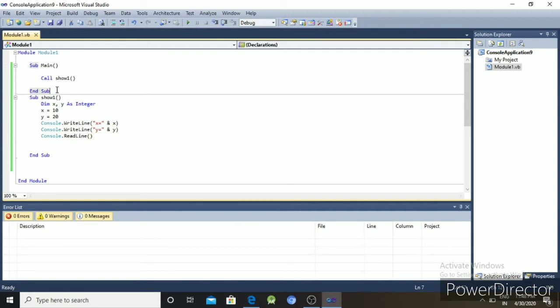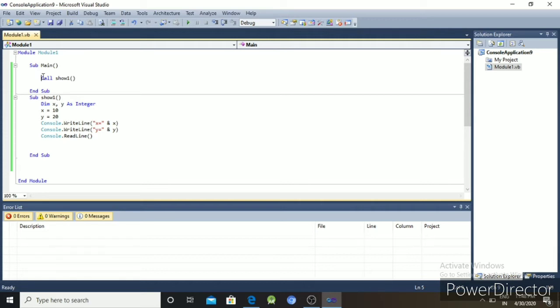If you write it inside a procedure, we can reuse the procedure. That means the Sub Show1 is created, and when I want to display or reuse it according to the requirement, then we have to write Call Show1. You can reuse it one or more times.